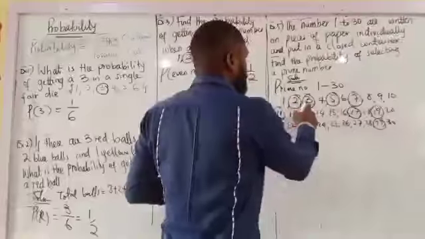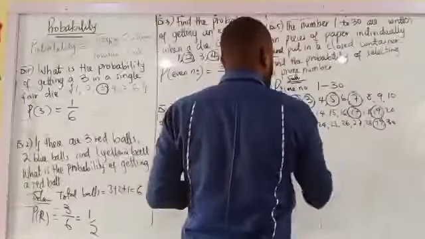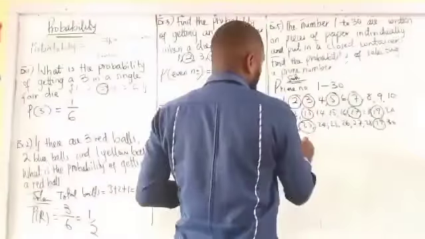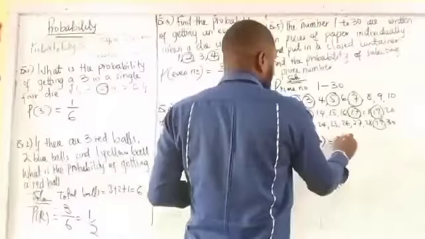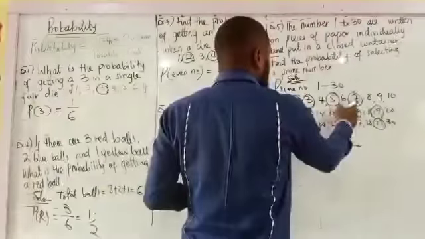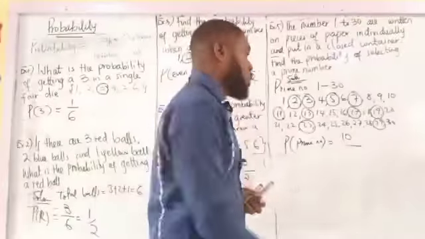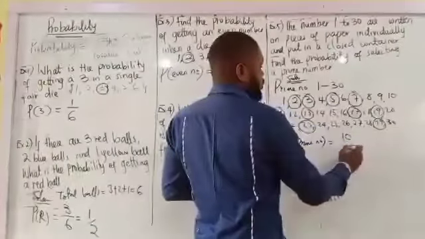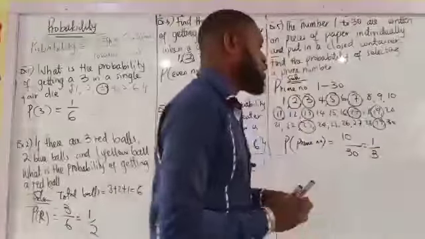If you count them, we have ten. So the probability of having a prime number: the favorable outcome is 10, and the possible outcome is the total number of numbers we have, which is 30. So the probability of having a prime number is 1 over